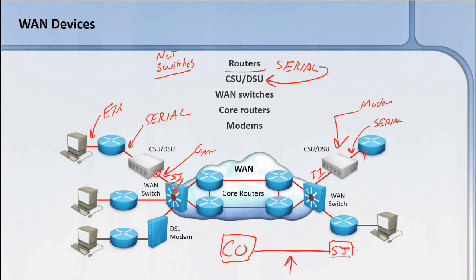From the smart jack to the DSU CSU is what we would typically call the point of demarcation. Everything on the right side of this is up to you. We go from the CSU DSU through a serial cable to your router, and then the router enters your network with regular Ethernet. Any questions?